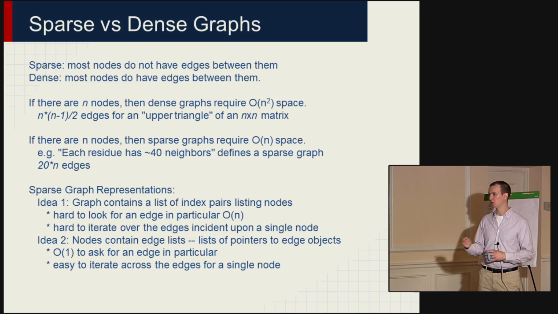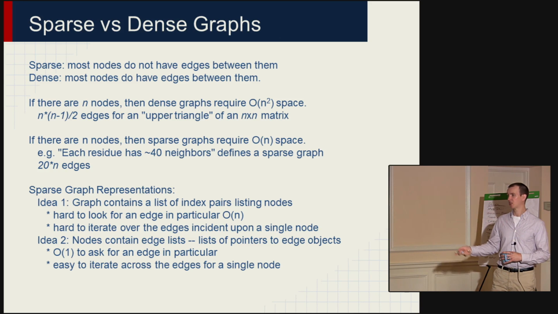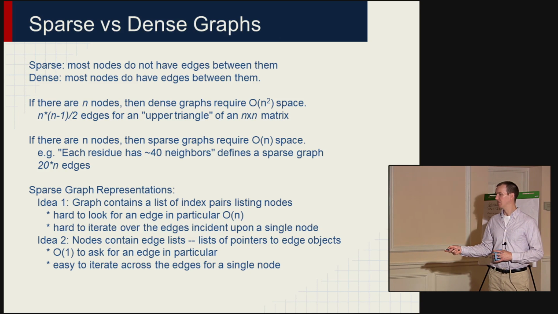So if you were looking for the edge between 45 and 49, then you go to vertex 45 and you scan through its edge list and you see, of the 40 edges, is there one to vertex 49? And if,